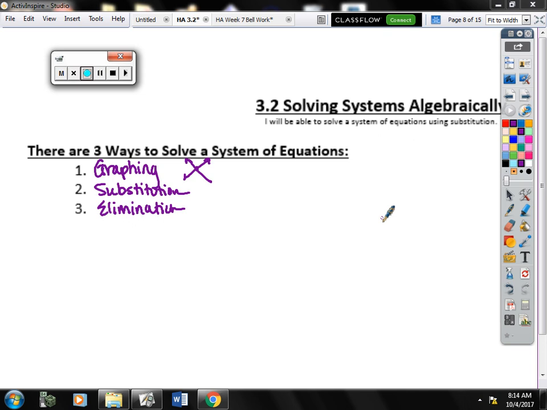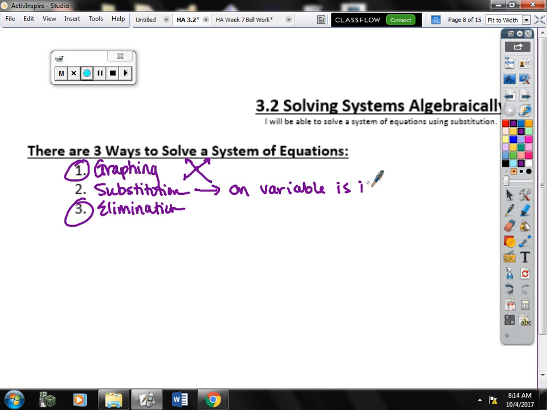Now, personally, I like graphing and elimination the best. I rarely use substitution unless they tell me I have to. Substitution is only really useful when one of the variables is isolated or solved for already. So if they're both in standard form, you don't want to use substitution. But if, for example, and we'll see one right below,